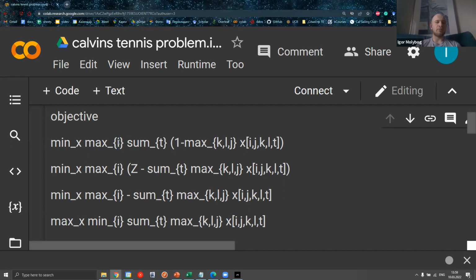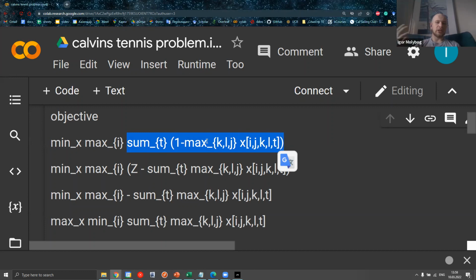For a player i, this is the maximum number of times that a person is playing. So 1 minus this maximum essentially corresponds to the times when they do not play. So we are talking about the number of times that they do not play, and then we are making a summation over t,